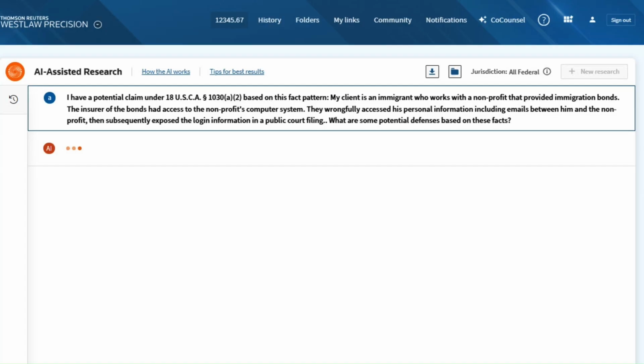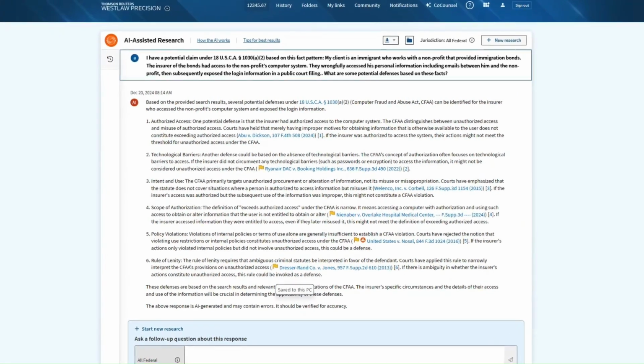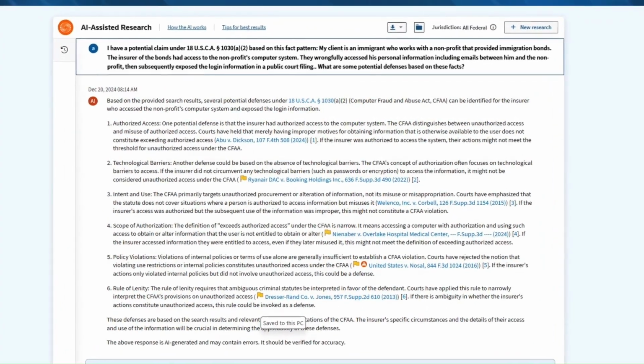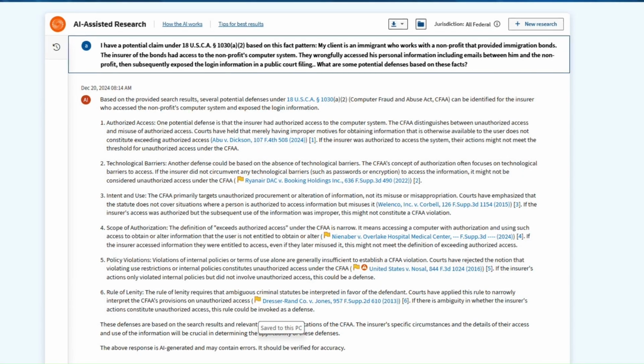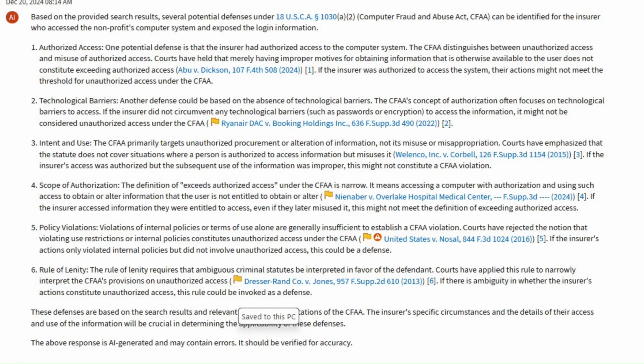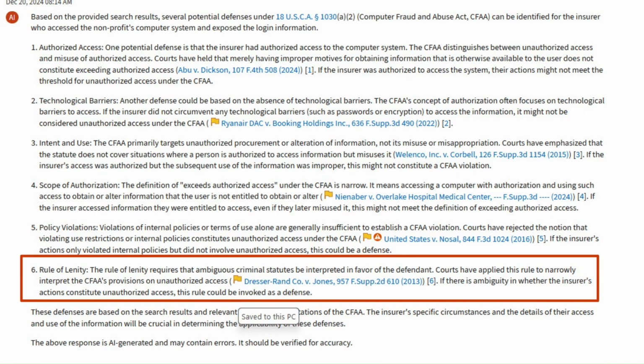Each link in Claims Explorer will run a search in a new browser tab. You can run up to 3 simultaneous searches at once. AI-assisted research quickly identifies potential defenses for a claim under 18 U.S.C.A. Section 1030(a)(2), including a rarity in a civil case that you might not think of immediately. The potential application of the rule of lenity, which may apply because the CFAA is a criminal statute with a